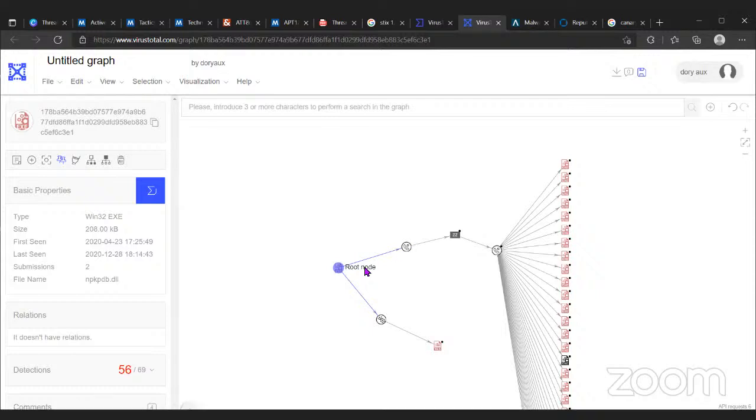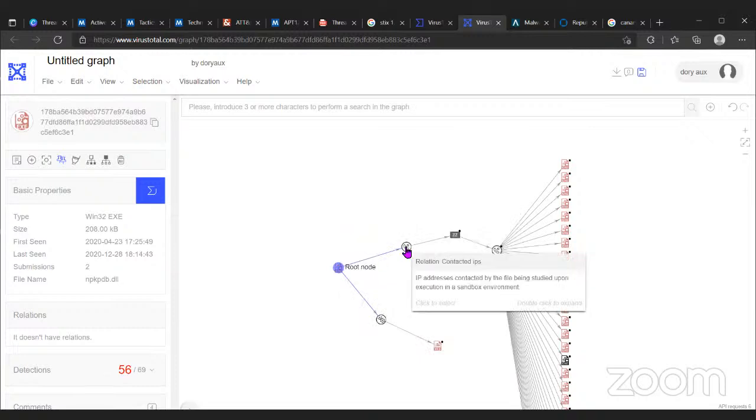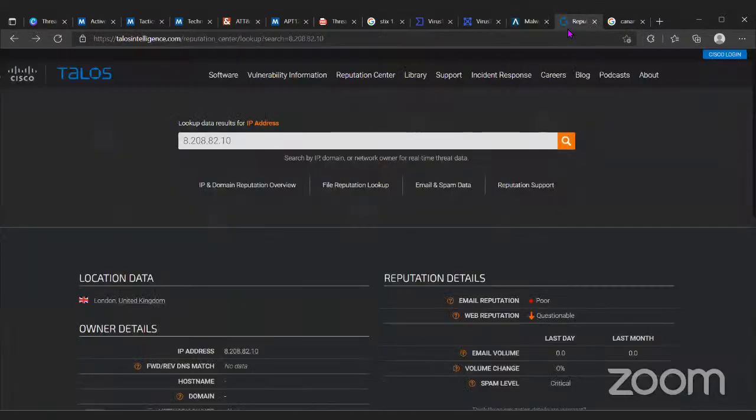overview of what happens once the particular document is downloaded. It also communicates to maybe a C2 server to download more documents or more malware that is hidden as documents. And taking more of a proactive approach, you can also move into tools like Cisco Talos Intelligence, where you can look at any malicious IPs that you have detected over a period of time, which would generally be within your